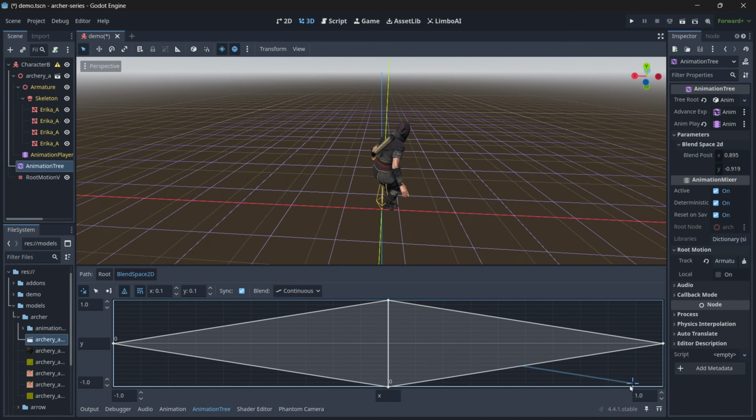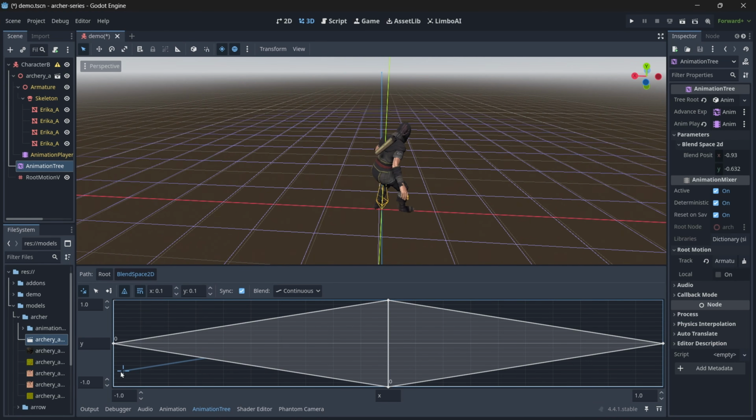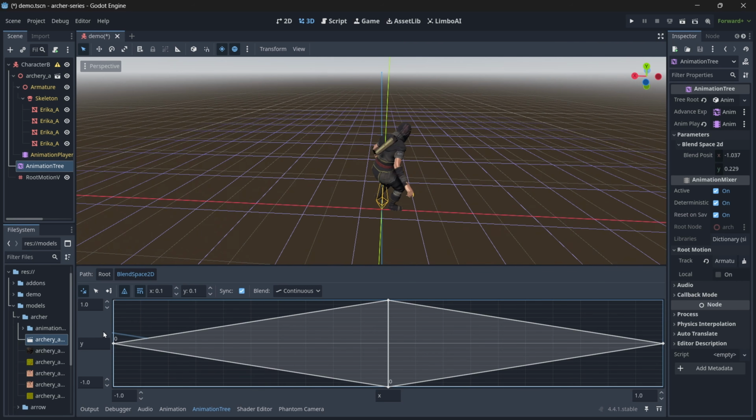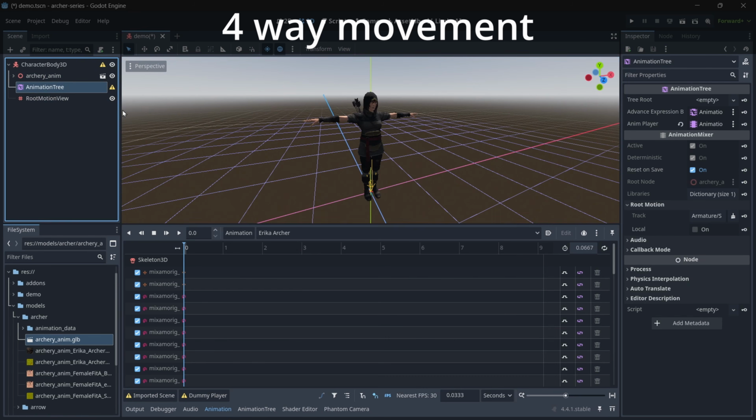Hello YouTubers, let's see how we can make 8-way movement direction with just using 2 animations inside Godot. So here I have a basic character, and in my scene I have a basic scene with an animation tree